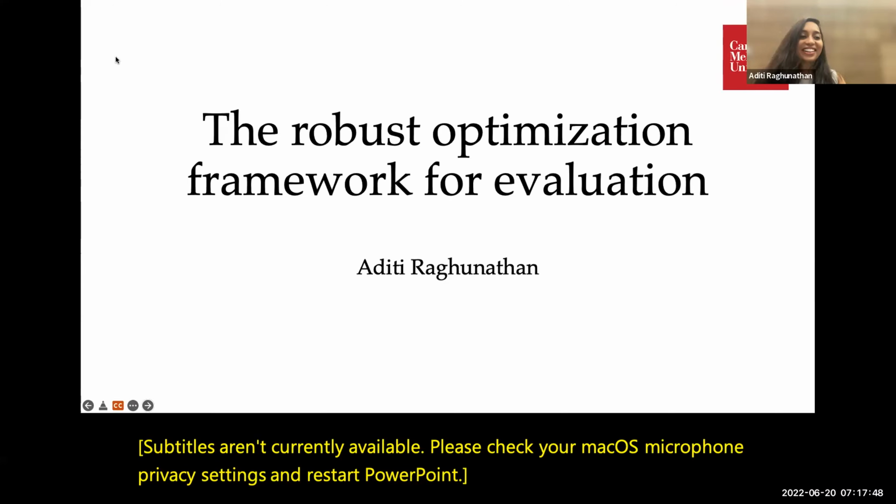All right, finally we get started. Thanks everyone for joining. My name is Aditi. I'm starting as a professor at CMU this coming fall, and I just finished my PhD from Stanford, and I'm currently at Berkeley. So this is my first time at CVPR and my first in-person conference in a long time. So it's really exciting, and thanks everyone for joining.